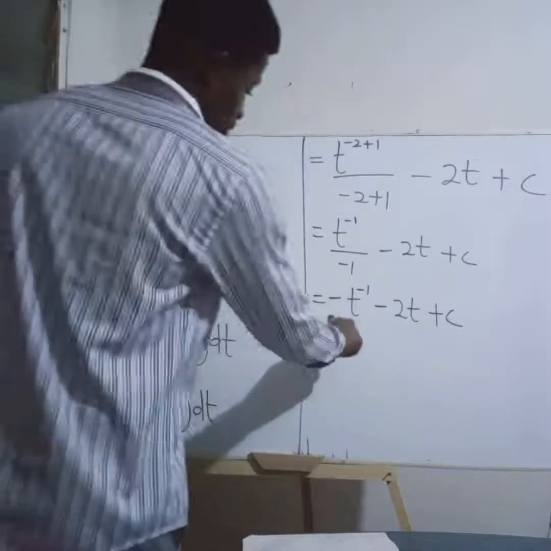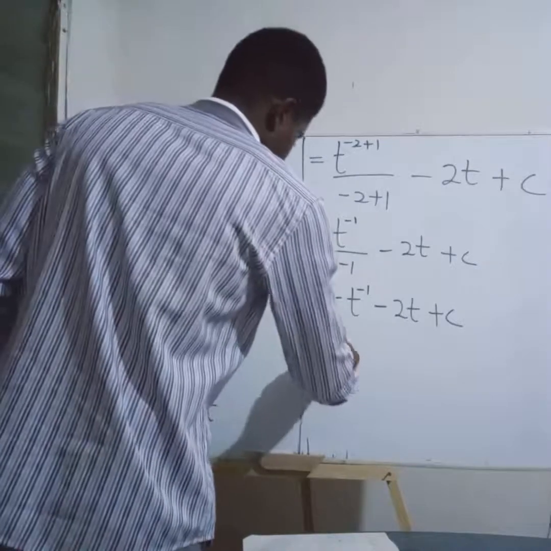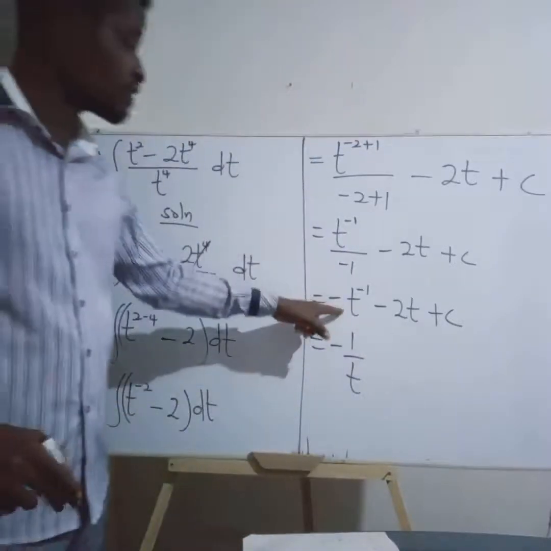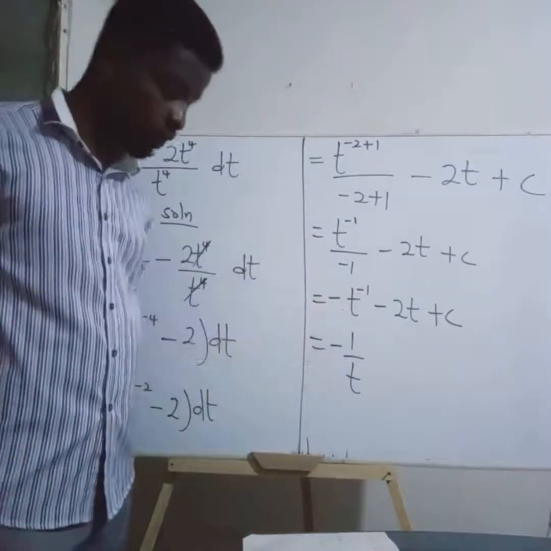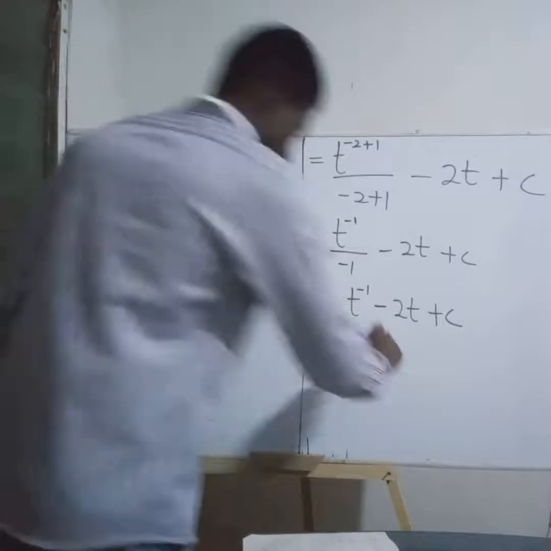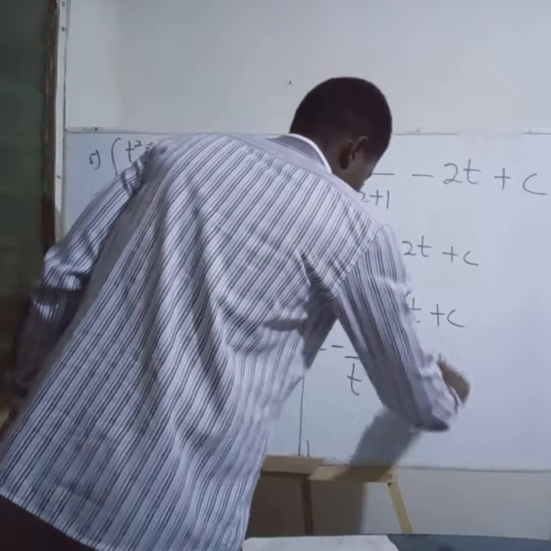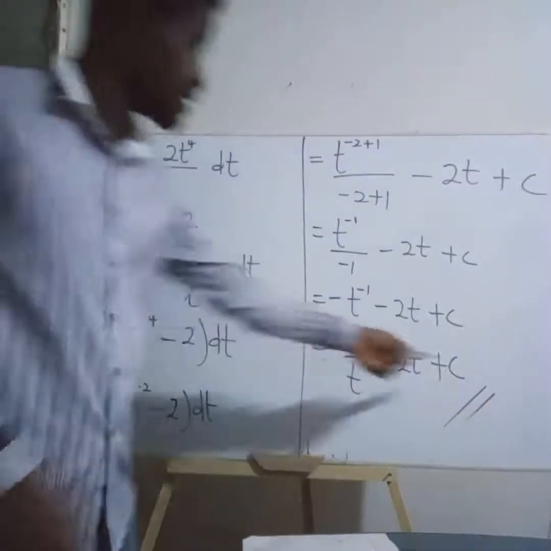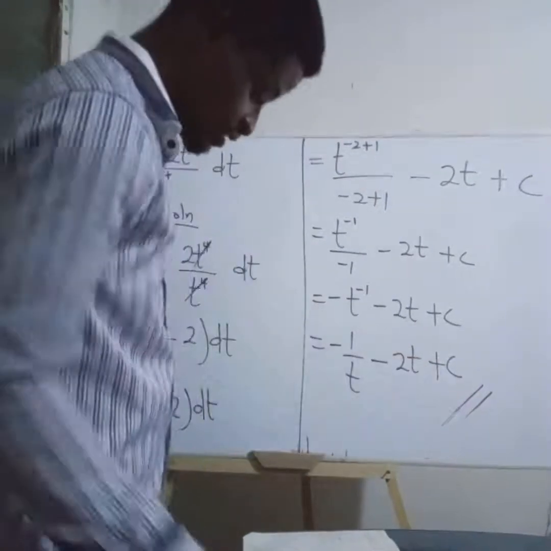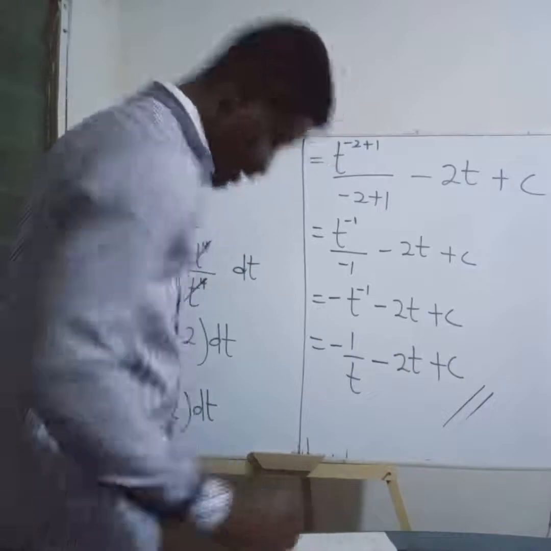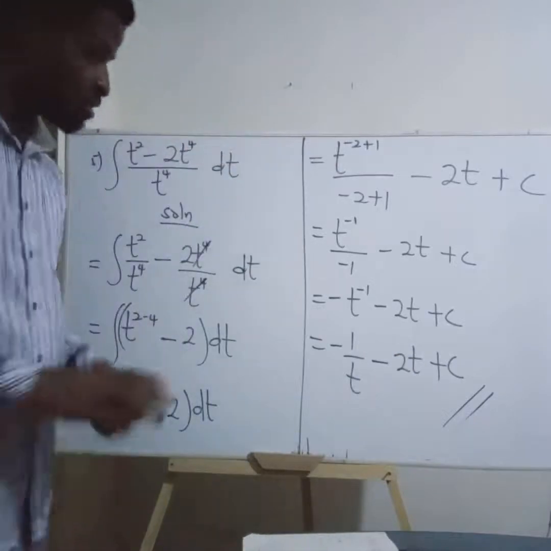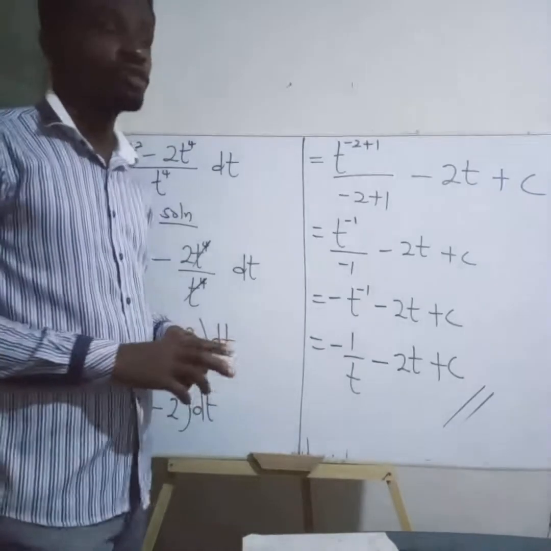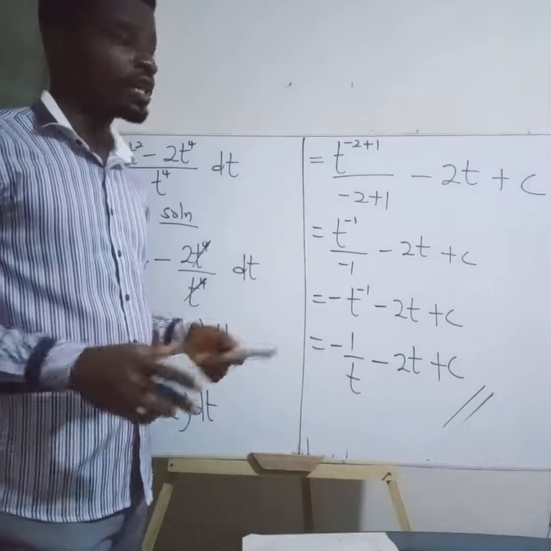Now let's take the reciprocal of this. We get negative 1 over t. When we take the reciprocal of t to the negative 1, we get 1 over t. Minus 2t plus c, and that will be our final answer. Where c is my constant of integration. So far, we will take these 5 examples, and I entreat you guys to go over it,